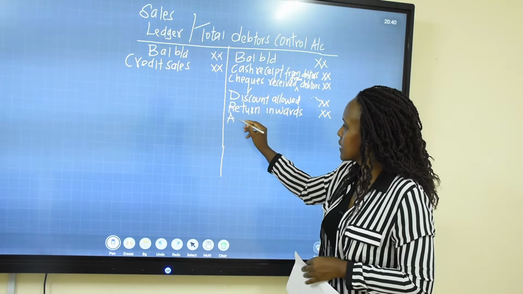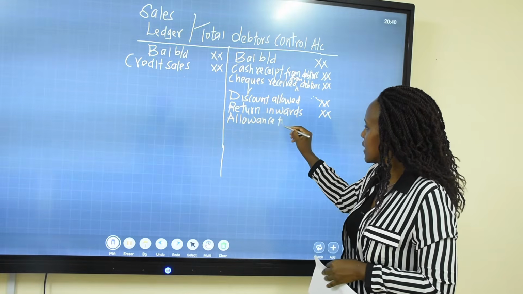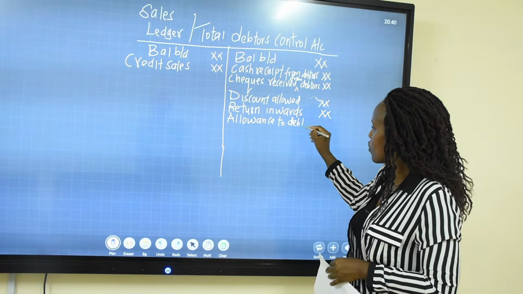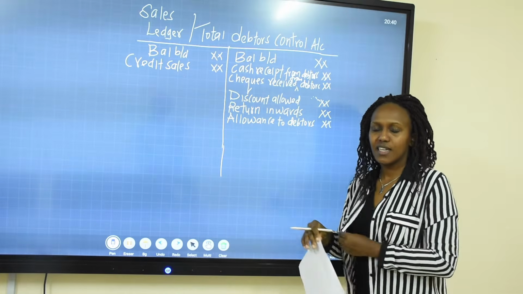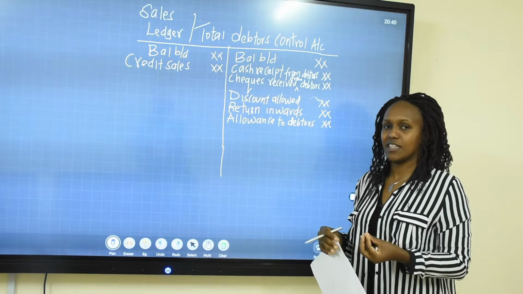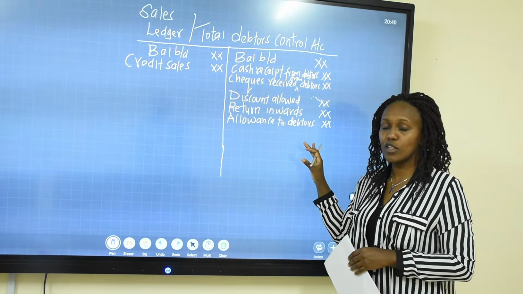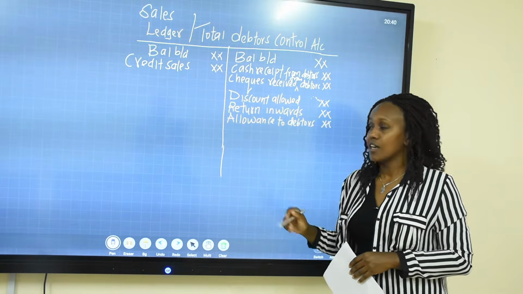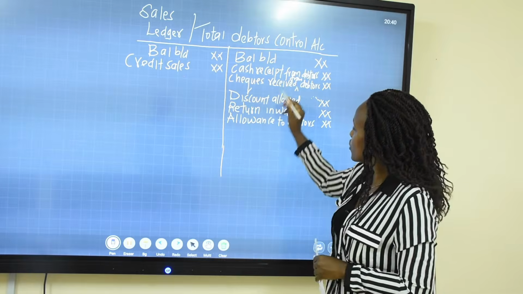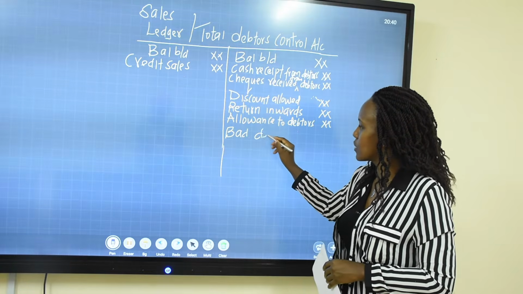Any allowance to debtors. So other than discounts, if you give them any other price allowance that reduces the price, other than the discounts, we are also going to reduce the obligation or the amount of money that we are demanding from the debtors. Okay. If also some of the debtors become bankrupt and you have to write off the amount, so